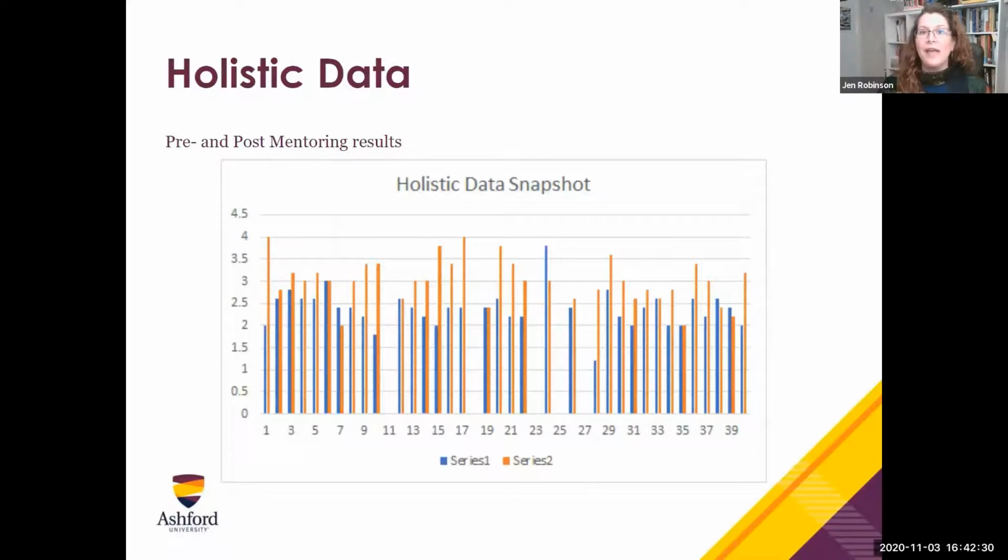As you're looking at our charts, the blue equals our pre-test, so that first IQR. The orange or reddish is the IQR after mentoring. So think of those as pre and post. This chart represents the pre and post mentoring IQR data, and looking at it as a whole shows us that